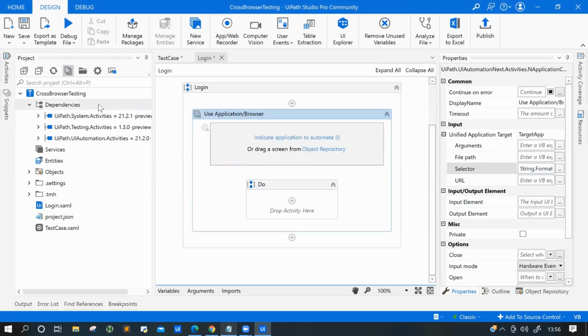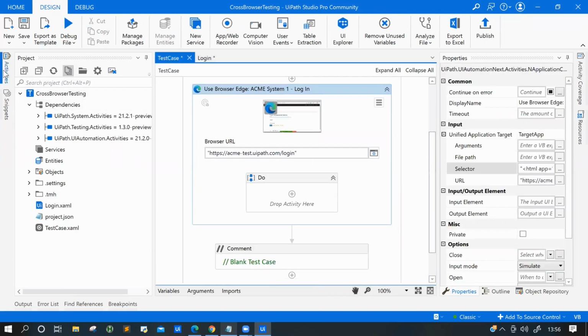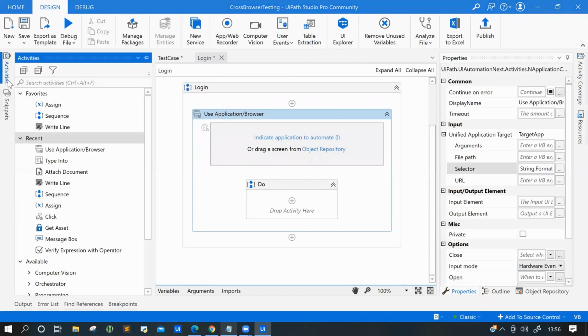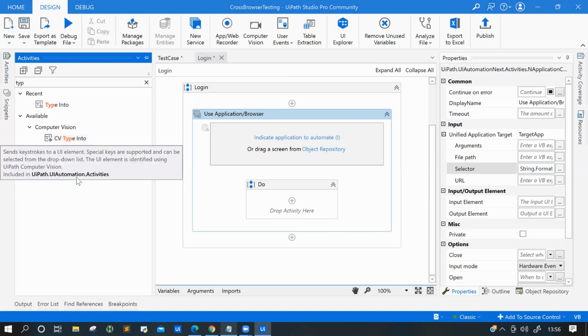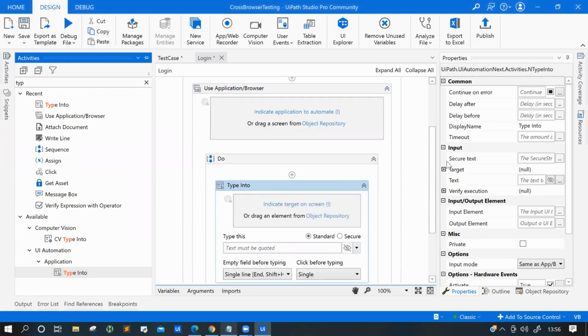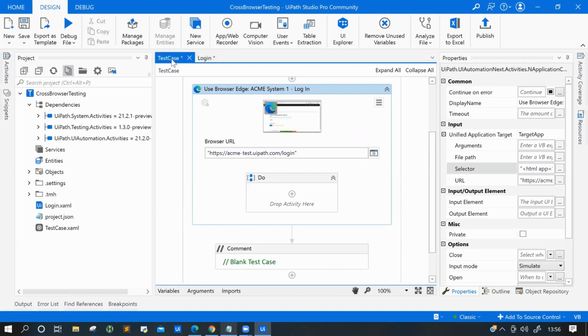Now what I need to do is type into. You can directly use it. See, indicate on element. I'll show you guys.